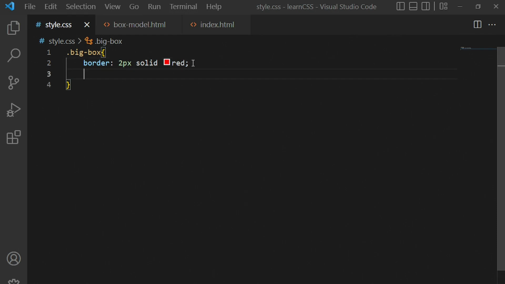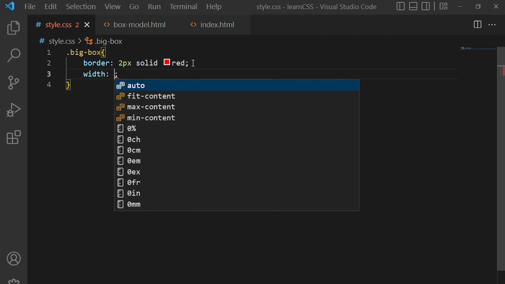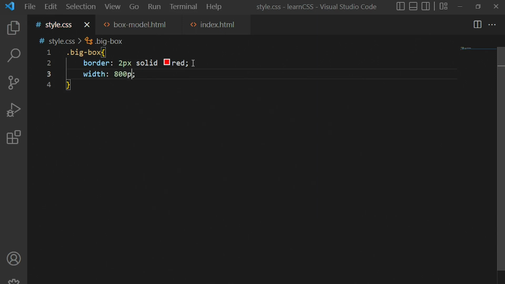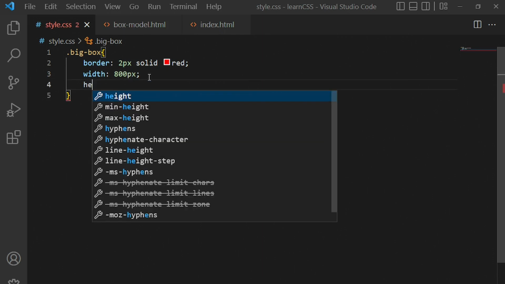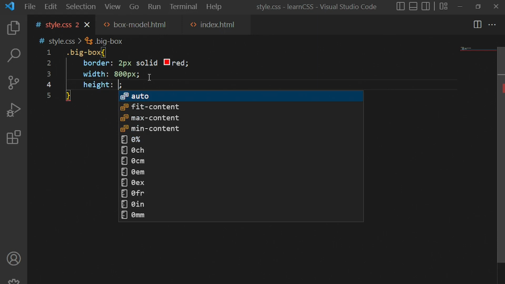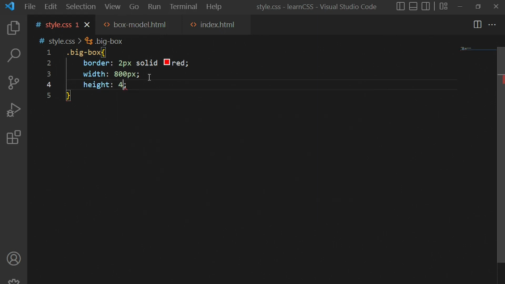Next, let's give it a width. Because it's going to be a box, we're giving it a width of something like 800 pixels. Next, let's give it a height. Okay, so we're giving it a height of 400 pixels. Now let's go to our web browser,